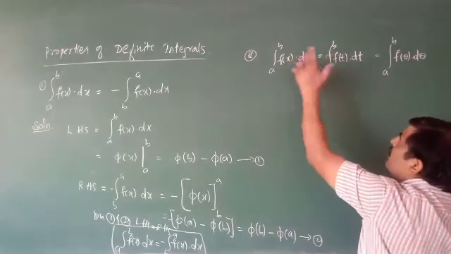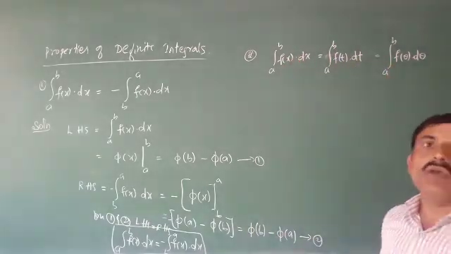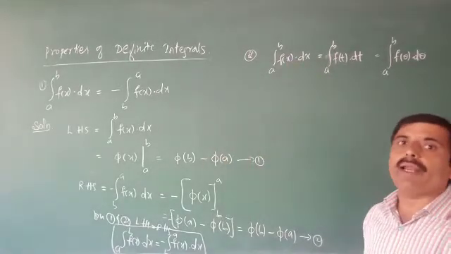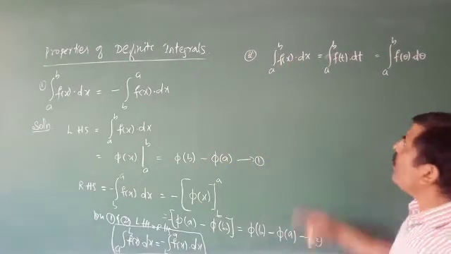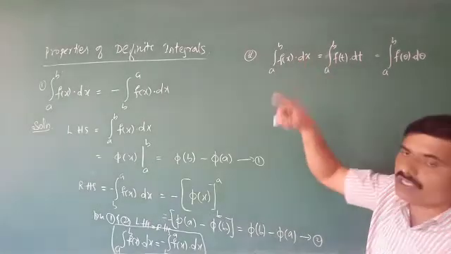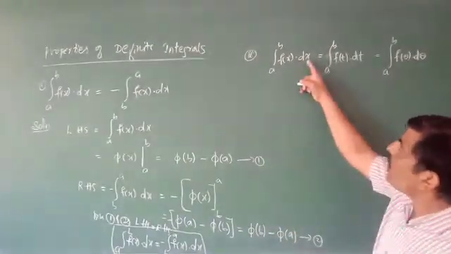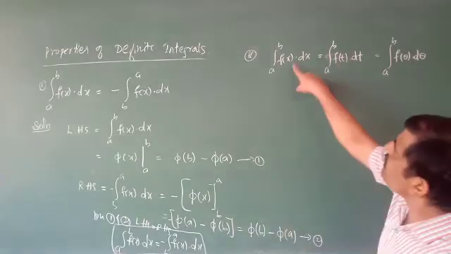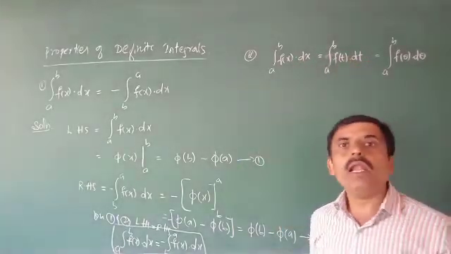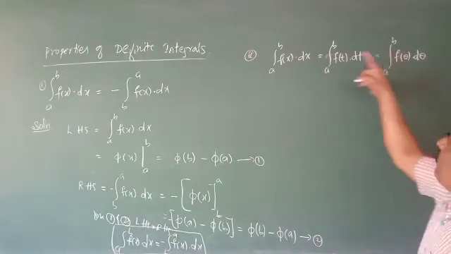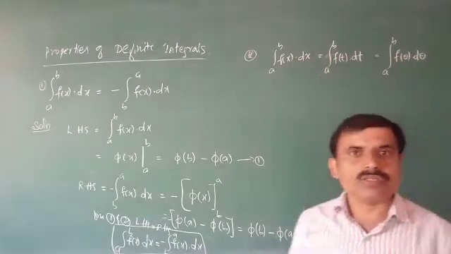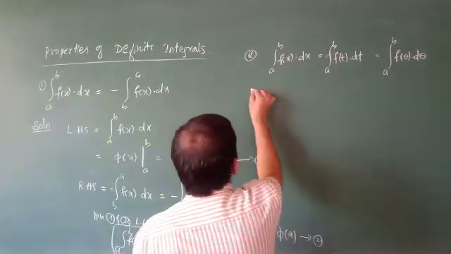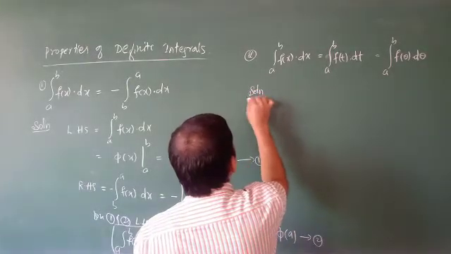The value of the integral does not change when x is replaced by another variable, or the variable of integration does not change the value. So when we write it with respect to t, x is replaced by another variable t or theta, and the value of the integral does not change. Understood now? So this is a proof of that.